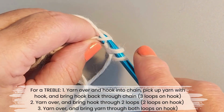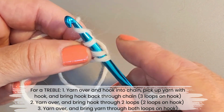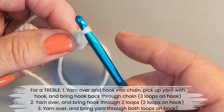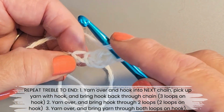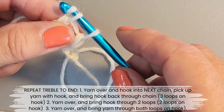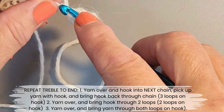Bring the yarn over. You've got 3 strands on your hook. Yarn over. Come through the first 2, and now you've got 2. Yarn over through the second 2. Now you've got 2. So then we're going to do the next triple in the next chain. So yarn over into the next chain, and then yarn over to the next chain,